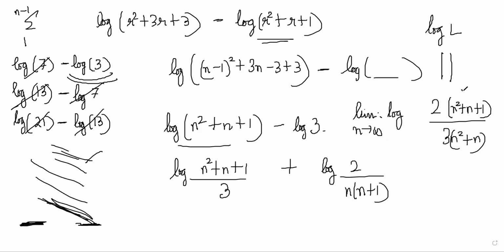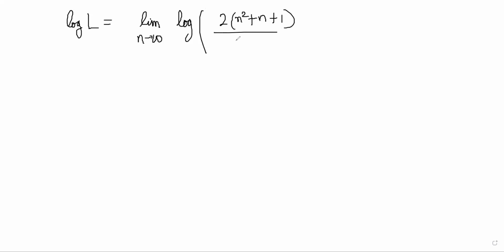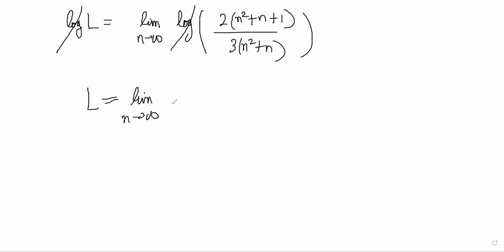First of all, notice that it is infinity by infinity form. No, it is not infinity by infinity form. It is right now looking like this. Log of L is equal to limit n tends to infinity log of, on top there is 2n square plus n plus 1 and denominator is 3n square plus n, right? So then let's just remove the log. It's unnecessary now. You'll get L is equal to limit of n tends to infinity of just this part,